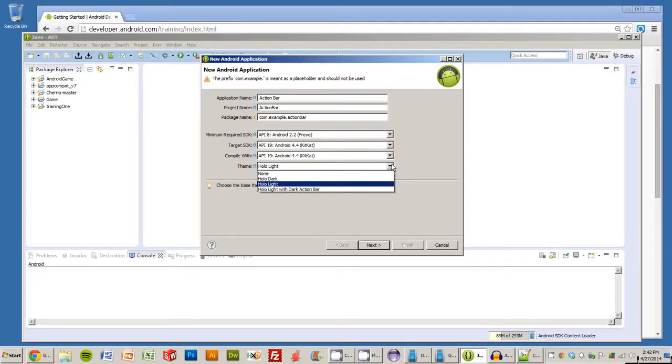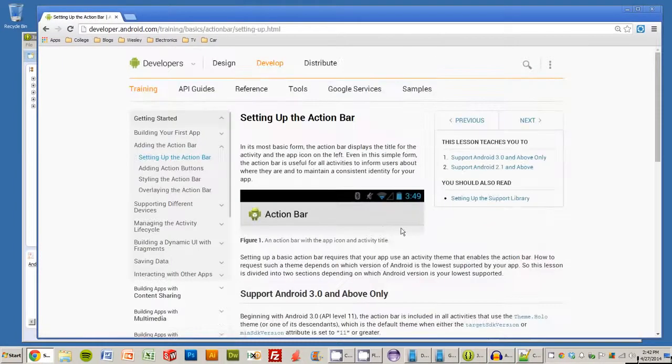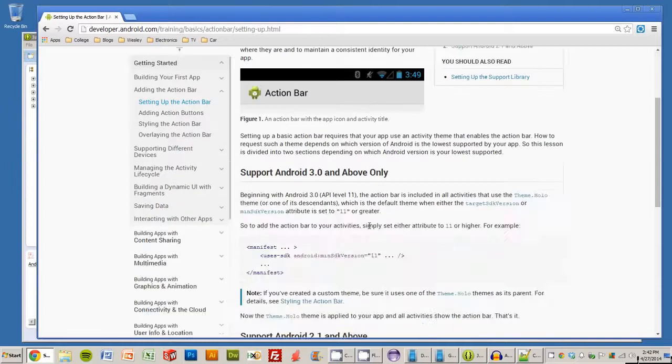If you want your application to have a very dark, sleek look, you pick dark, or if you want it to be a little more light, easy on the eyes, you could pick Holo Light. I would not recommend picking none because you will not get the action bar. There's ways to add it manually, and you can read on that on your own, but I'm not really going to be covering that. Let's click right here, setting up the action bar. Primarily, if you want to add it manually, you have a couple different options, and depending